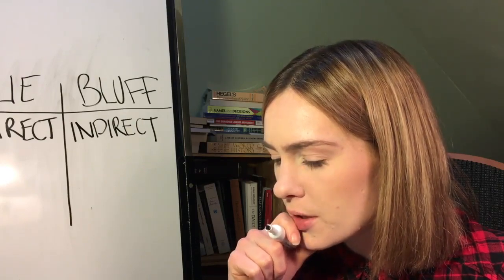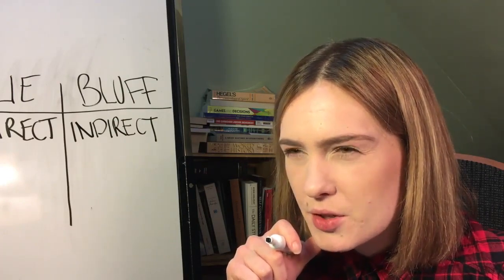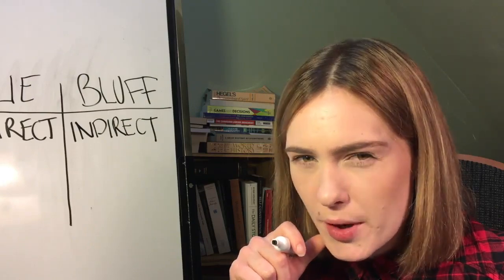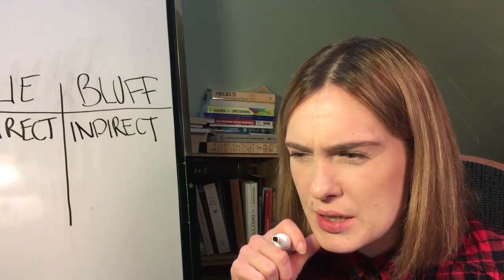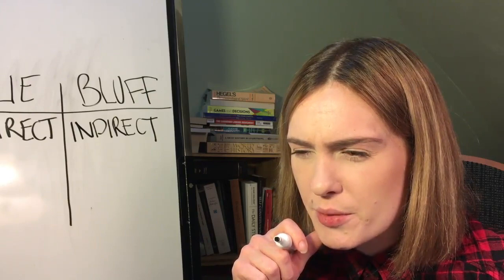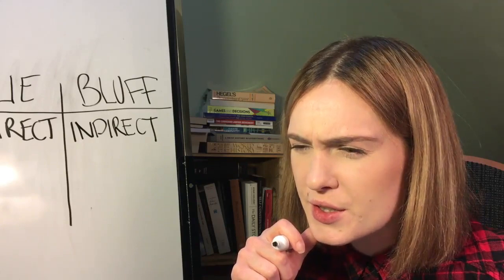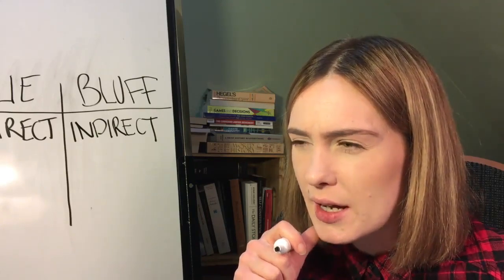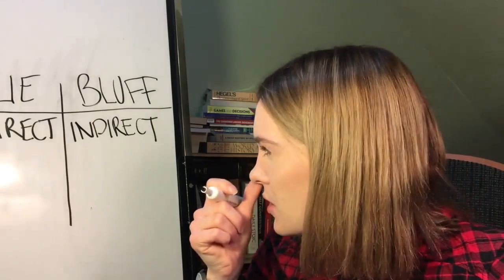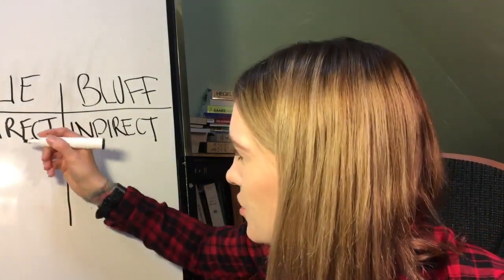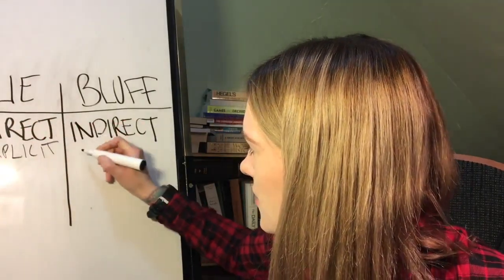So that would be, for example, displaying certain facial expressions or a lack of facial expressions during a conversation with someone, that would lead them to believe that you're agreeing with them, that you know what they're talking about, or perhaps that you don't know what they're talking about. It's a deception. It's kind of a lie, but it's you lying without actually saying something that's explicitly false. To put that another way, it's direct and indirect, explicit and implicit.